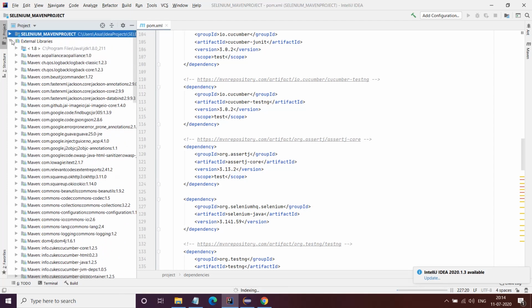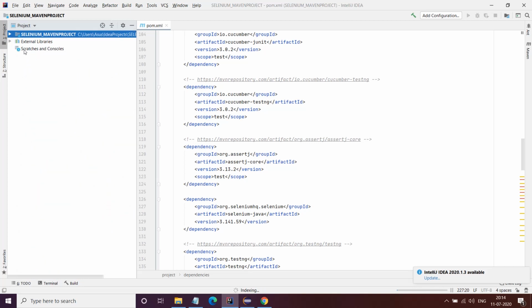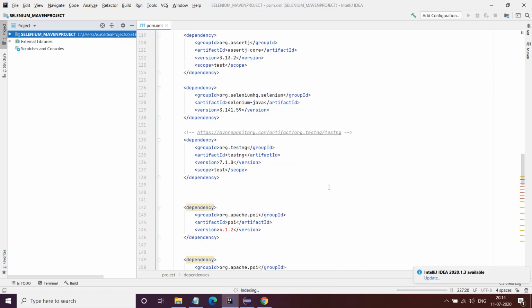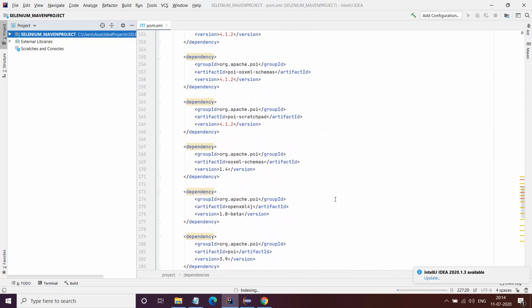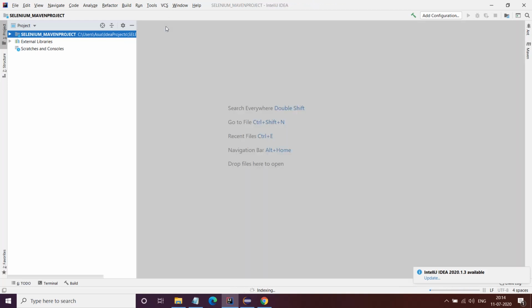Okay, so now since we have sorted the external libraries, let's go inside the Maven project. I'll also close this pom.xml file because I have added almost all the dependencies that I need. Okay, so I'll close it. I'll open this and see, this is a typical Maven project. We are not bothered about this .idea file, just ignore it.